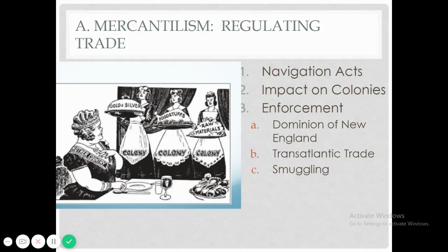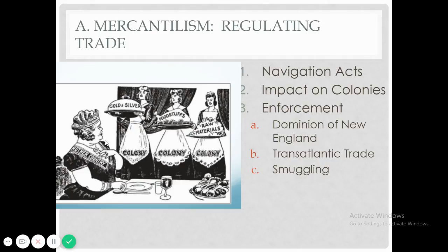Specific goods that were made in the colonies, we talked about how big tobacco was, cotton, indigo, sugar, rice, could be imported only to England from the colonies. So why was England going to do this? Well, you can see here in this political cartoon, the colonies were basically the servants for the mother country. Anything they produced would be shipped to England and only England, so they only had one market, and anything that England was producing that the colonies needed could only be bought from England.